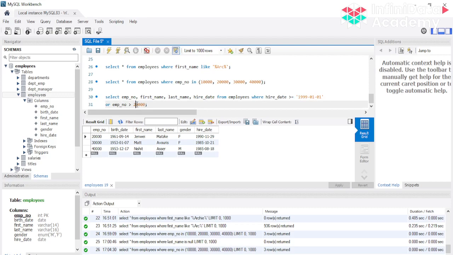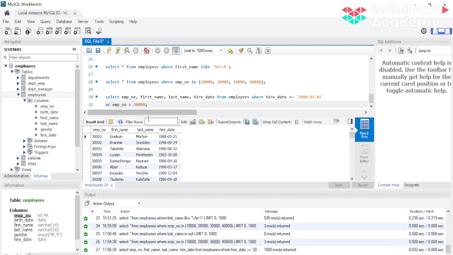So इनमें से let me just make it 30,000 for change purpose, and over here I'm going to provide it as year 2000. So इस केस में क्या होगा, अगर कोई भी एम्प्लॉय की हायर डेट, if it's more than the like Jan 2000 year, or the employee number is greater than 30,000, अगर कोई भी एक कंडीशन इसमें से ट्रू हो जाती है, then उस केस में that particular row will be selected for your output.